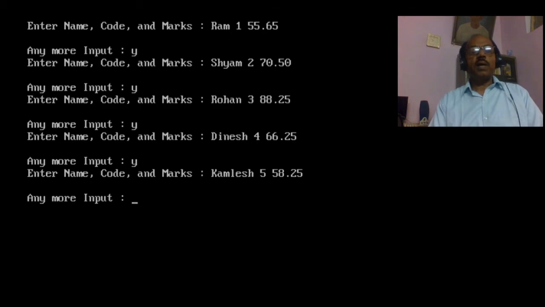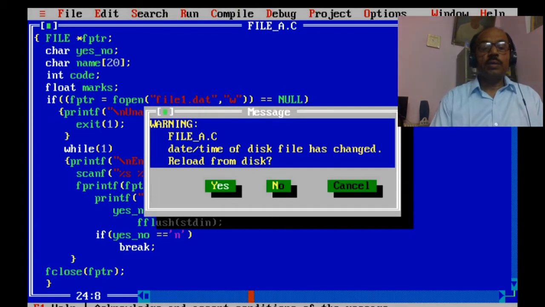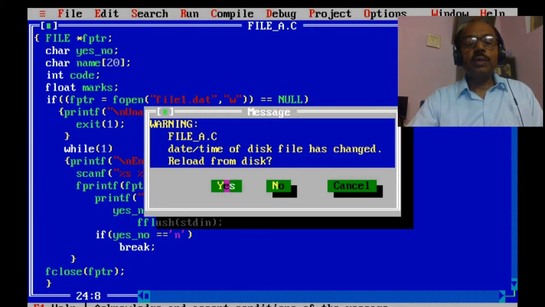So these are the five data. Now press n. So all these have been stored in the file.